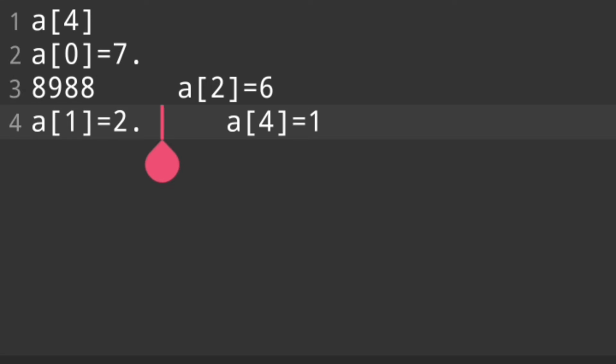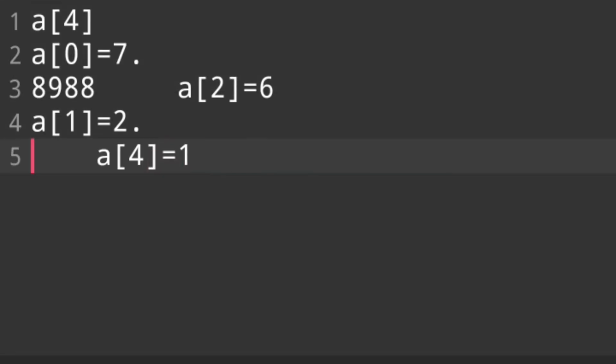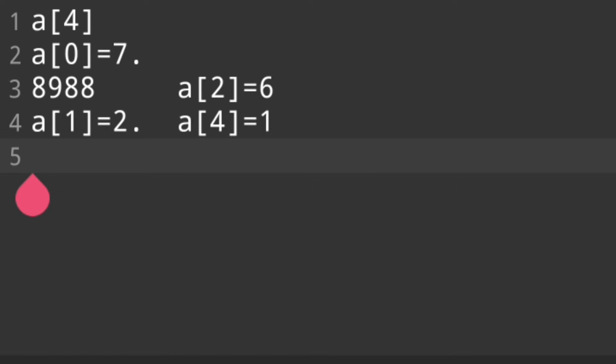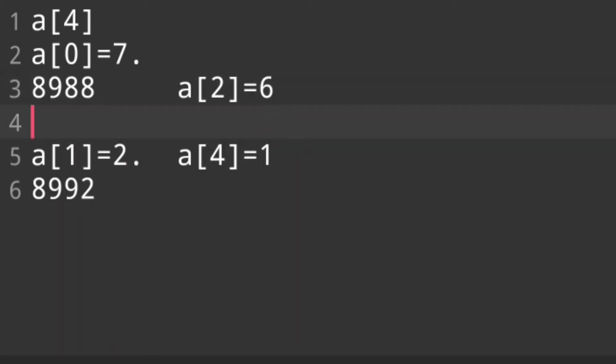Integer takes 4 bytes. I hope you understand what I said. An integer variable takes 4 bytes. So 88 plus 4 is equal to 92, and in this address the value of arr[1], which is 2, is stored. Similarly, at address 8996, because an integer takes 4 bytes, 8992 plus 4 is equal to 8996. So arr[2], which is 6, is stored in this memory location after arr[0].